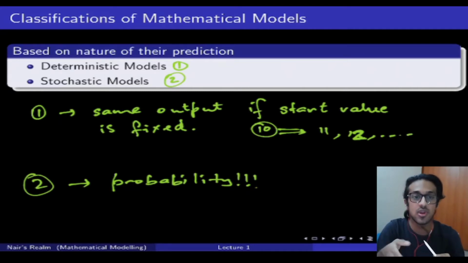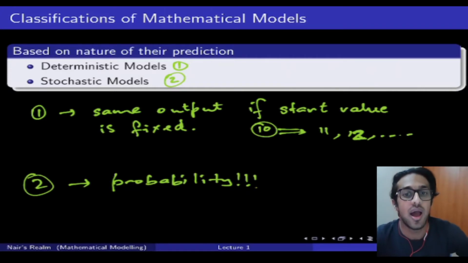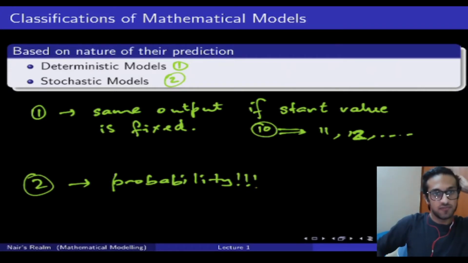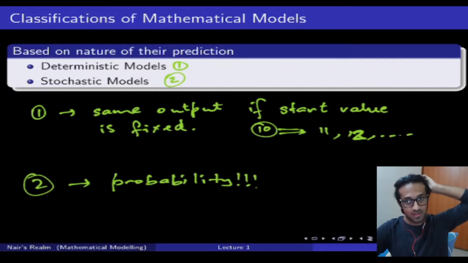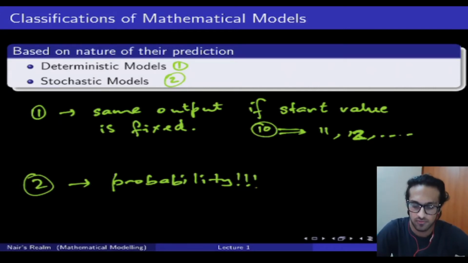So there also a stochastic model is being used, in that it picks the route with the highest chance of you reaching fastest, based on some probabilistic features, like the probability that traffic will be high in certain areas and so on. So these are roughly the two different kinds of models.